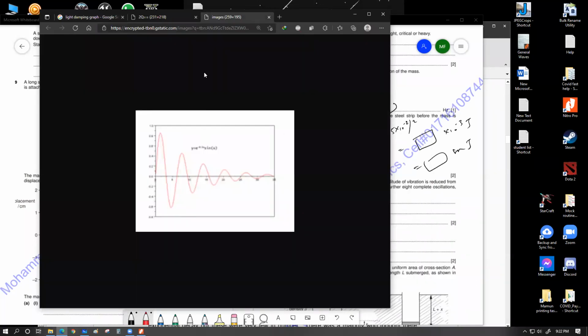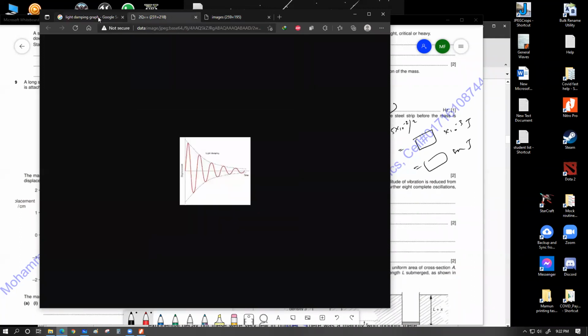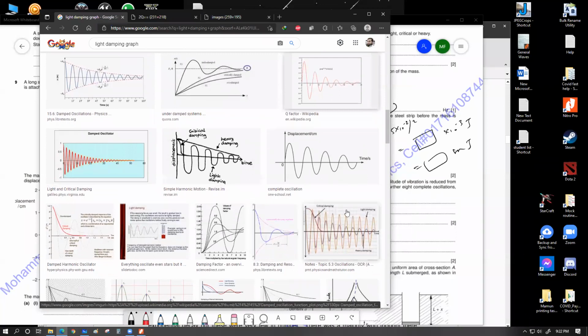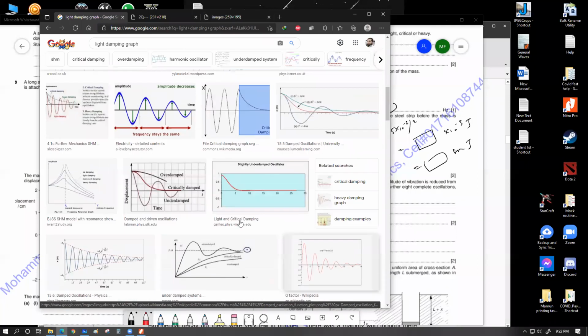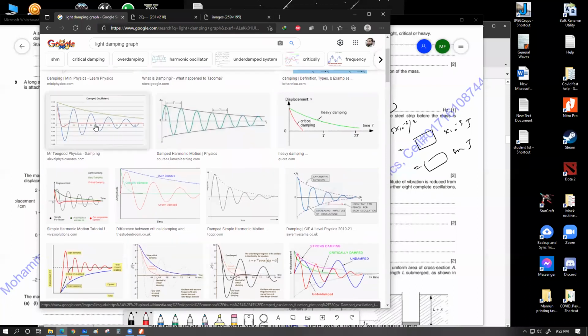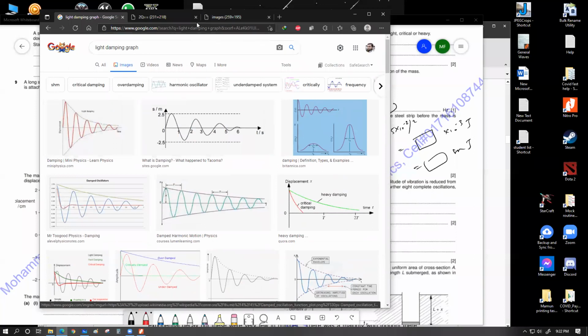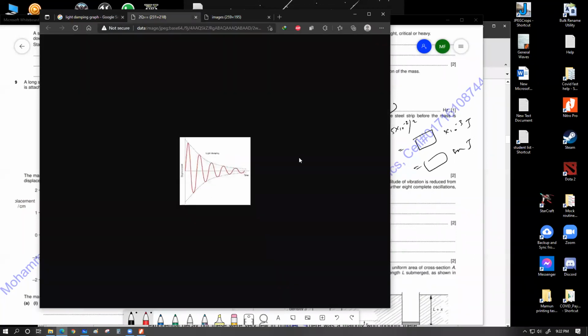So these images are actually quite small. Anyway, I could pick up any of these figures. For example, this figure would do very well for my purpose. If I have a look over here, this is a pretty nice figure. What I'm trying to show you is that this is a negative exponential graph.